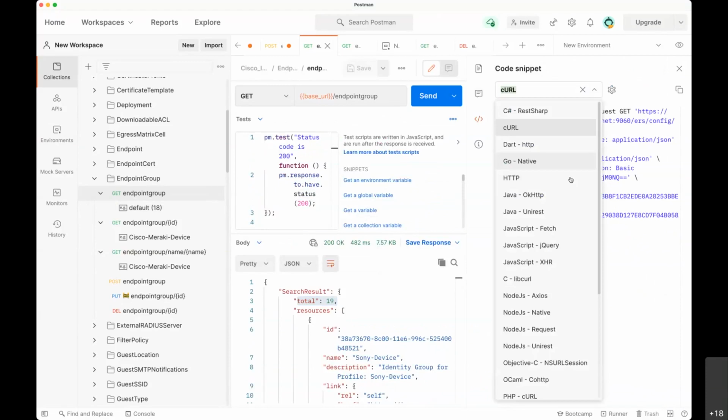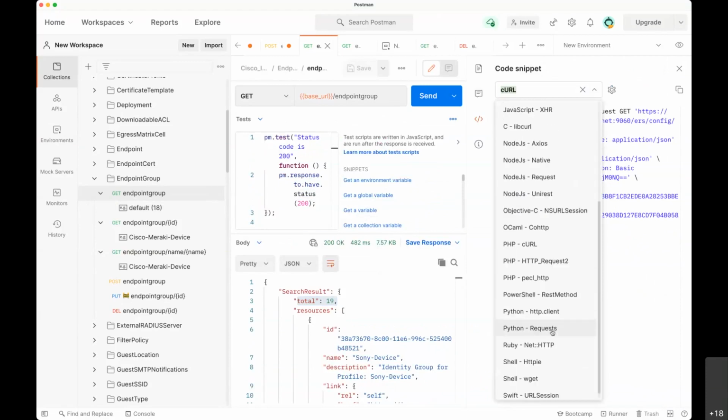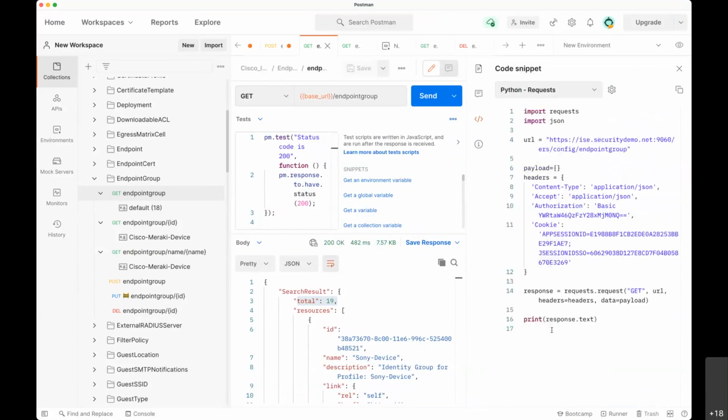So let's go back to Python. And what we're going to do, to get a head start, is just copy and paste this code right here. We're going to launch